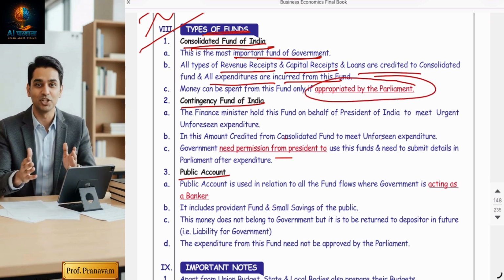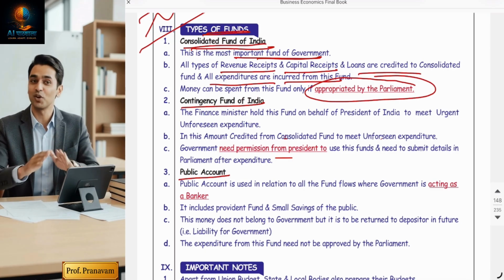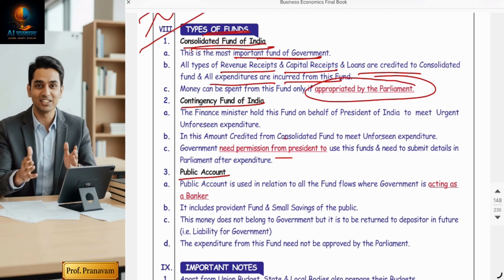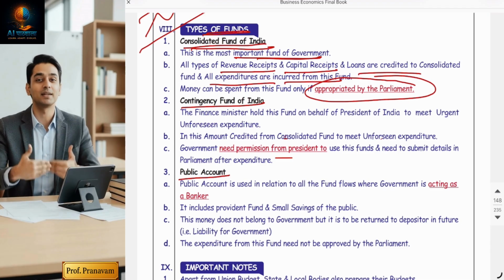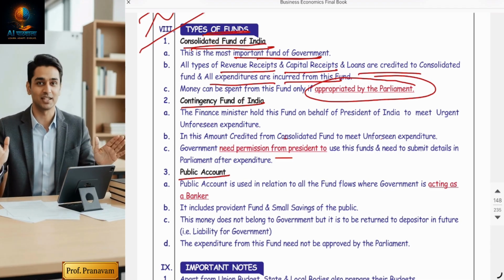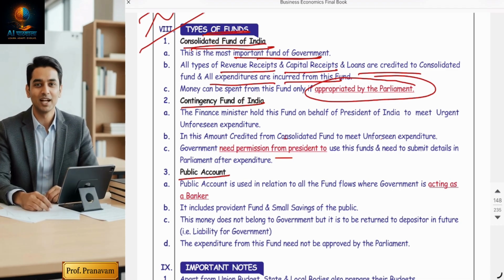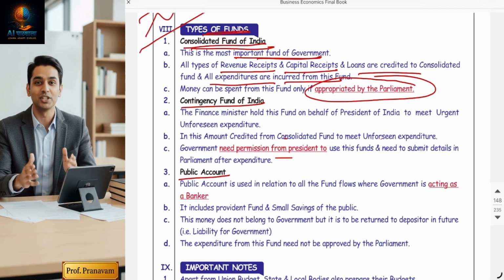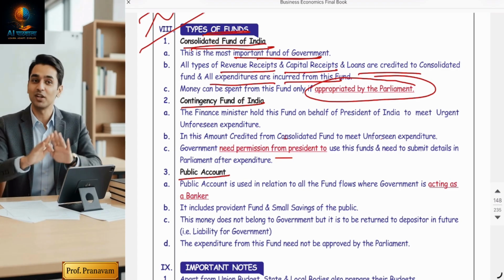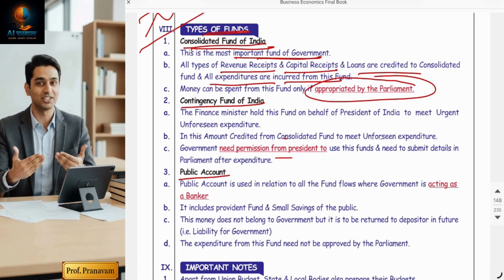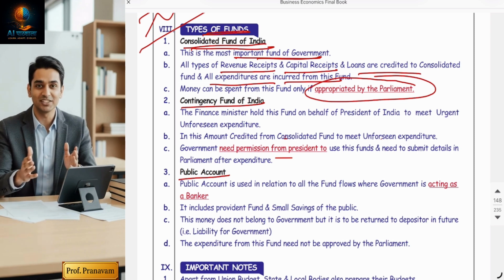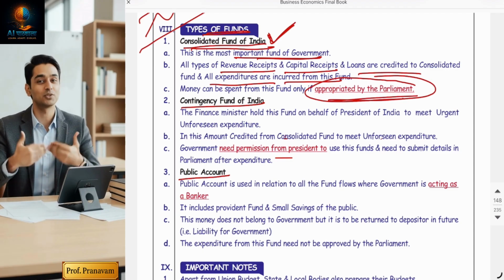To use the money from the consolidated fund, everyone has to take permission from the parliament of India. That is what we studied in the budget making process. That is the third stage. Any state that wants funds to run its state has to present a demand for grant. Once the demand for grant is passed, an appropriation bill is issued. That appropriation bill gives power to the government to withdraw money from the consolidated fund. It means permission is taken in parliament.